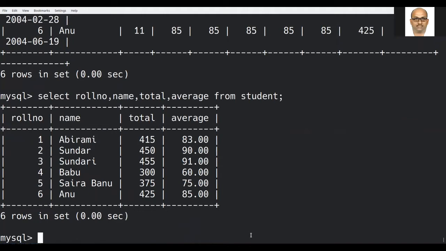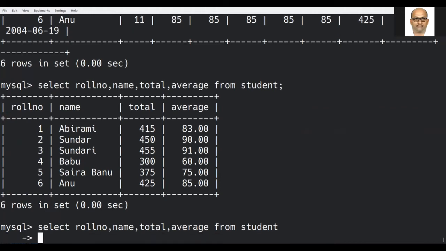Can we give a condition? Yes, we can. Here, while selecting the roll number, name, total, and average, I am giving a condition using the where command: where total greater than or equal to 400.